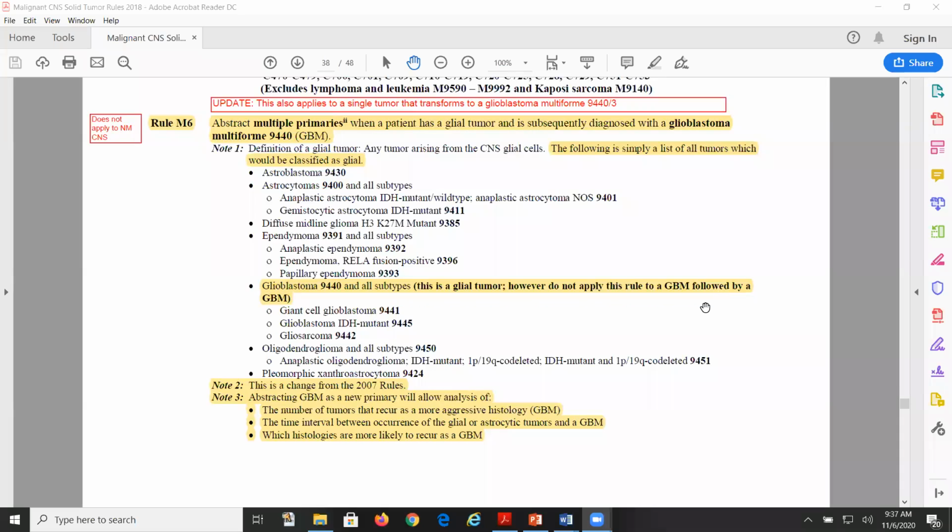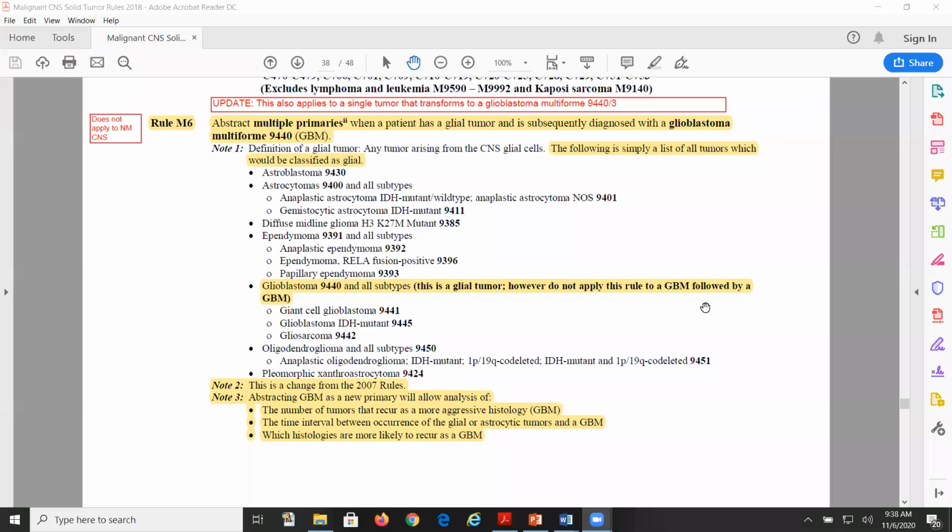M6, abstract multiple primaries when a patient has a glial tumor and is subsequently diagnosed with a glioblastoma multiforme. This is going to be our exception to a single tumor is always a single primary. We had a case at the Central Registry where a single tumor transformed to a glioblastoma multiforme, and I did send a question to SEER about this, and they said, we do want you to abstract this as multiple primaries